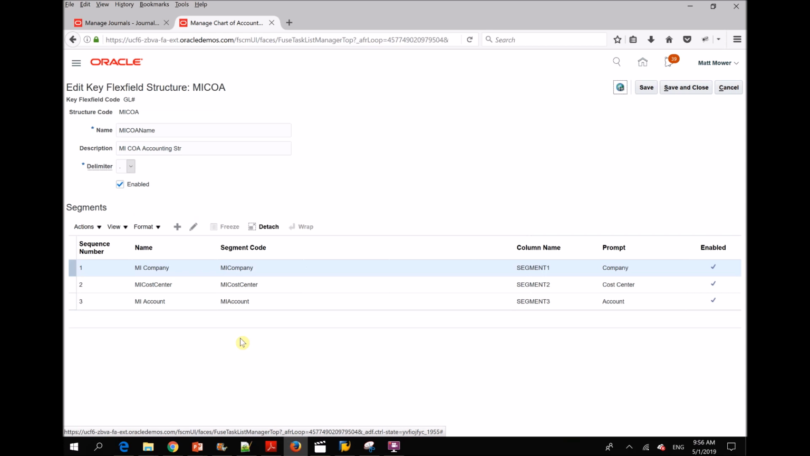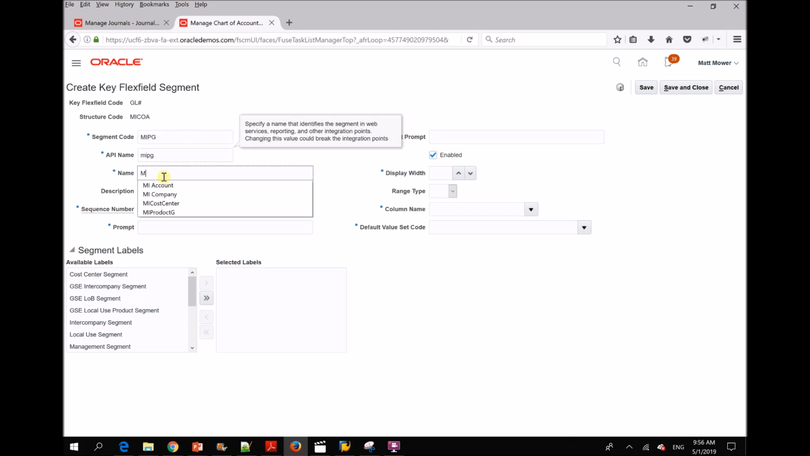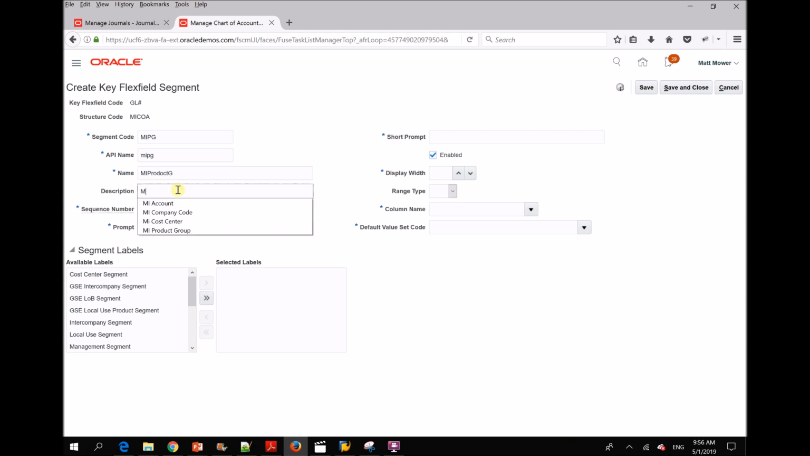Anyway, suppose now we created one chart of accounts structure with 3 segments, but we want to add a new one, then you can do that. Click on the plus sign. In fact, you can also edit the existing segments. Let me just create the 4th segment. I think I didn't save it. MIPG, MI product group G, then MI product group, sequence is going to be 4th,